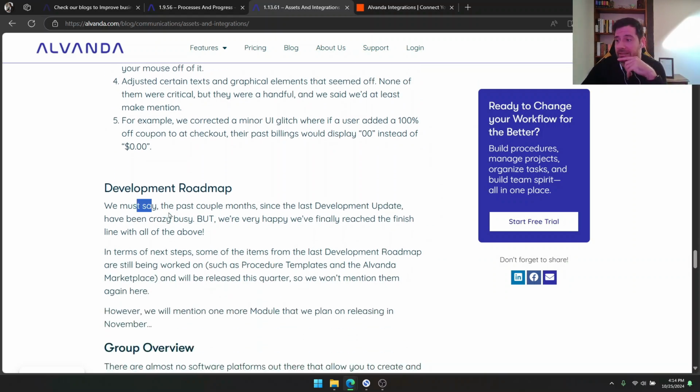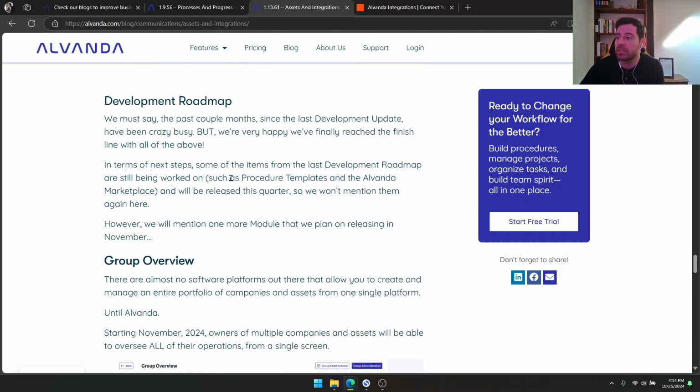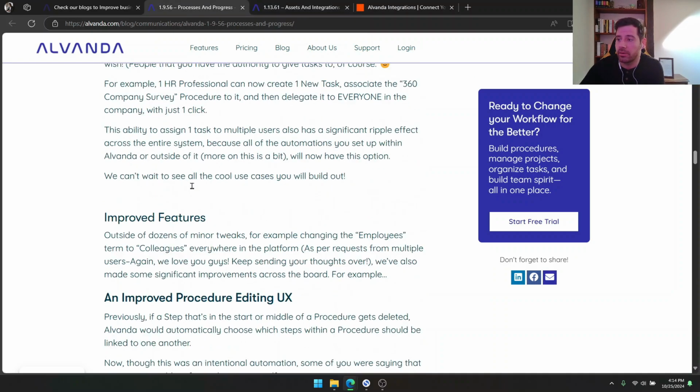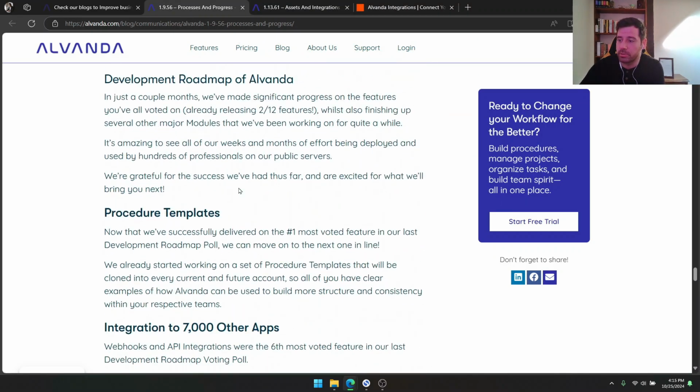So this past couple months have been crazy. We're very, very happy. We finally got all of these 3 major updates and 3 improvements over the finish line. In terms of what's next for us, other than the ones that we've already discussed last time, if you look here into what we've said we're going to do, in terms of the development roadmap, so